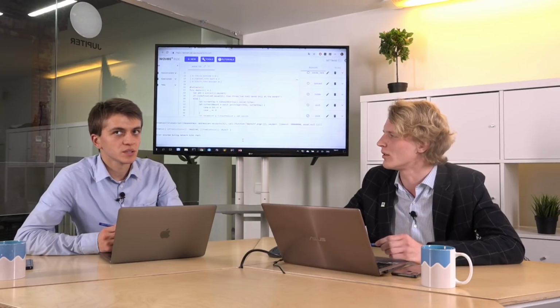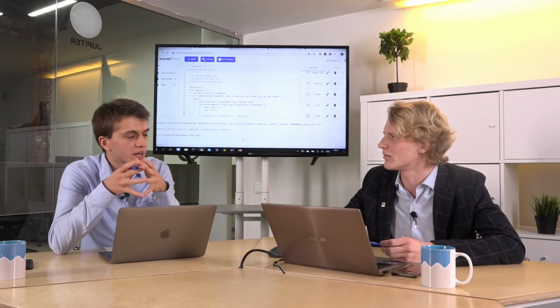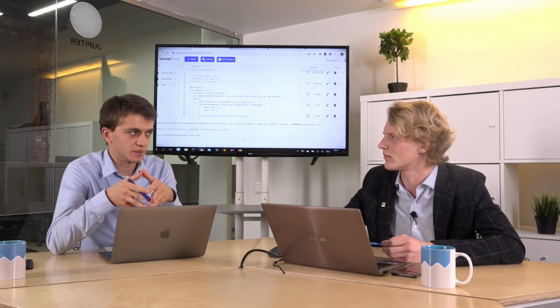We also don't have any gas because it's based on Ride, and it doesn't require gas because all computations can be estimated upfront. So we just estimate the computation. If it fits the blockchain, the nodes accept it. Otherwise, it's declined. So Ride for dApps is still non-Turing complete, right?